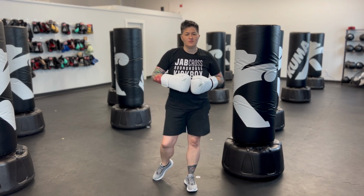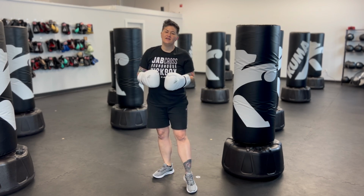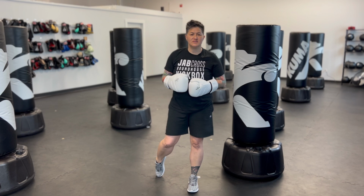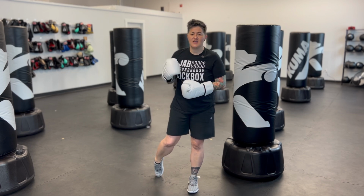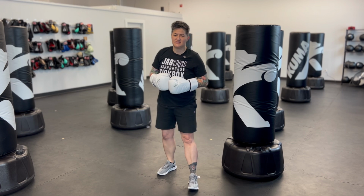So for this technique, what we need to do is map our hip and our arm together so that they move as one. The hip is going to slingshot that punch out. Someone gave me that analogy the other day and I really liked it. You're going to hang on to that guard position until the very end, and then your hip's basically going to throw that